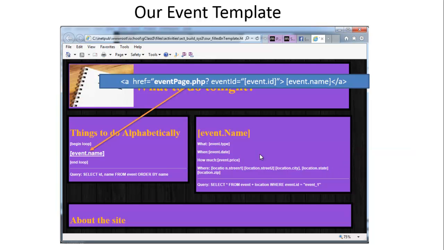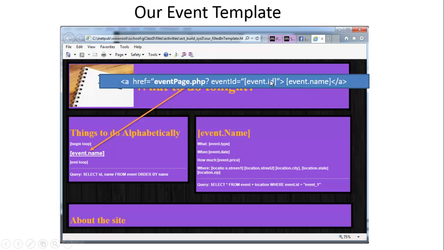Over here, the event name here, I'm going to expand a little bit and tell you exactly what really goes in there. And this is the part I was telling you about the links. The links are a little bit harder to code, but if you use this general form and just realize that the event ID goes in here inside the quotes of the href, and the event name goes between the open A tag and the close A tag, then you won't go wrong. So you can pretty much use my typing here to do yours,